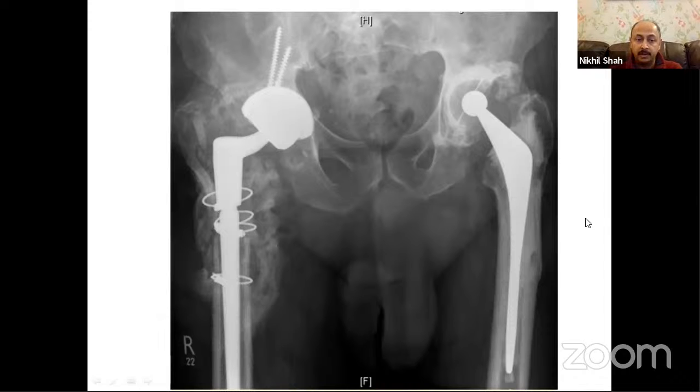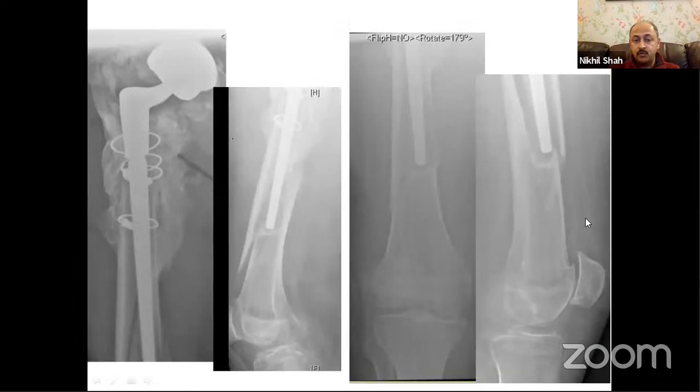Unfortunately, what happens is when you have a loose stem, it keeps toggling in the femur and the femur balloons out, and the next fracture happens at the tip of the stem. This was a non-traumatic fracture, which goes all the way to the proximal femur, and you've hardly got any distal femur left now. So you're in the territory where this is fairly extreme orthopedics. You have a lot of HO at the top. The exposure is going to be difficult.